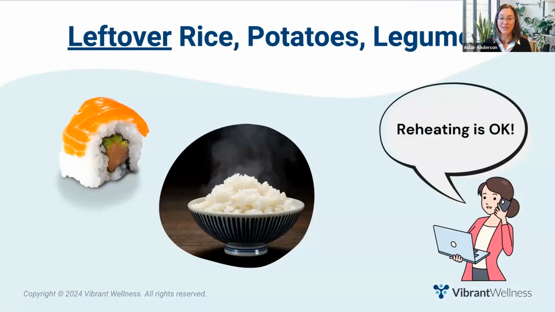You can also get resistant starch from eating cooked and cooled rice, potatoes, and legumes. Note, it does not have to be cold when you eat it. Once the starch has been cooled and becomes resistant to human digestion, reheating it does not undo this. You can't unscramble an egg. A more precise way to give this recommendation to your clients is to recommend leftover rice, potatoes, and legumes.